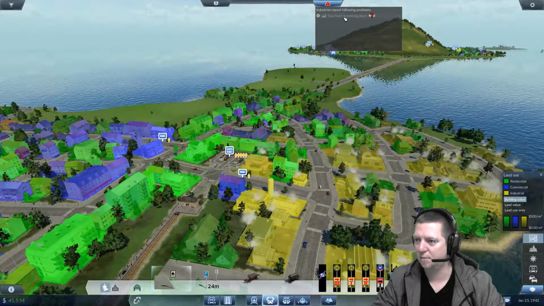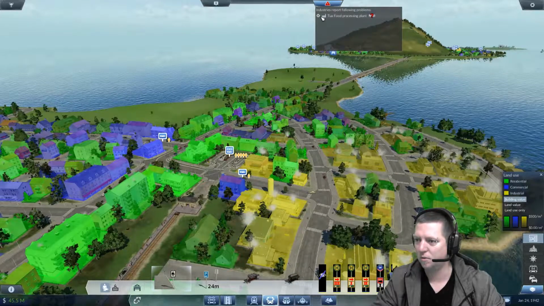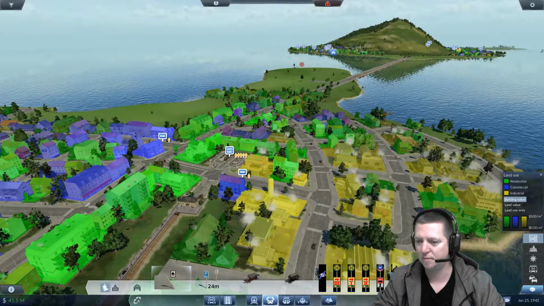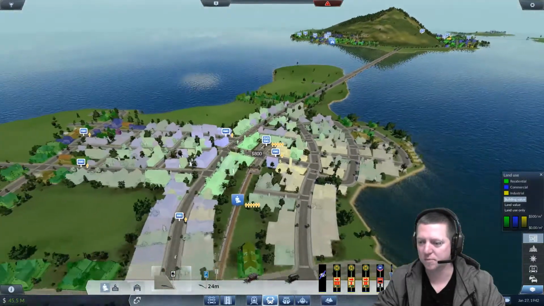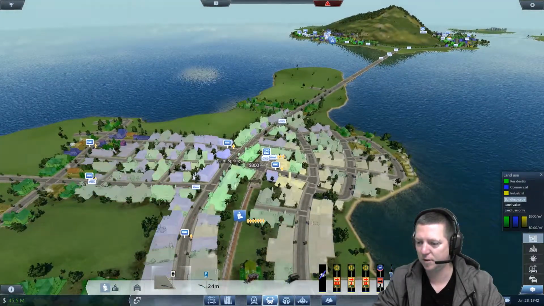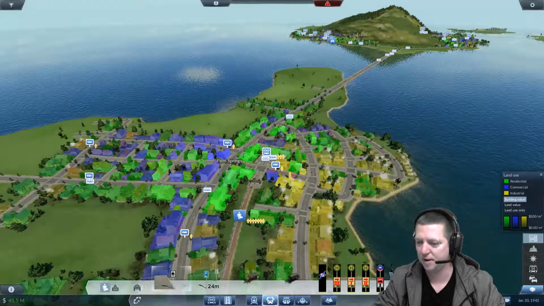The food processing plant. What happened to you? I don't know. You're obviously not doing your job. You're not doing your jobs. Alright, I'm just going to put that there. It is going to cause a bit of a headache for the trams, because I can't put one there for